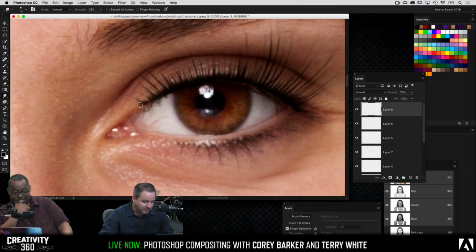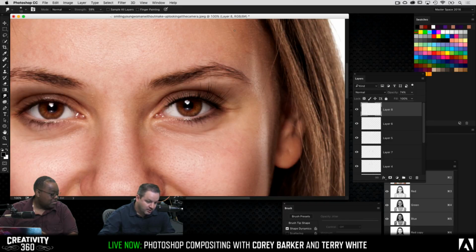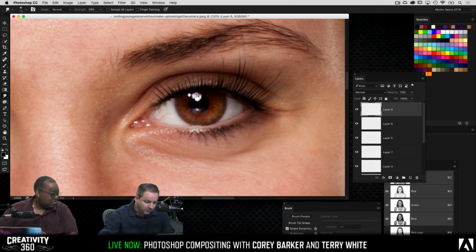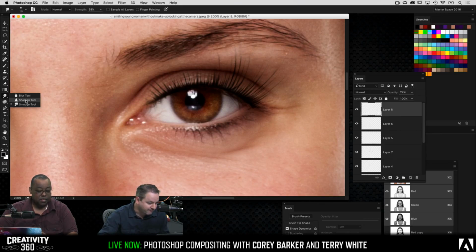All right, so I'm right on the edge of the lash here. I'm just kind of smearing it a little bit to help blend it with the eye, along the base here and along this corner here, and there we go. And that's going to help. Now, it's all flat color. I did make the opacity a little bit less, but it's all still an even color. So I'm going to go and get